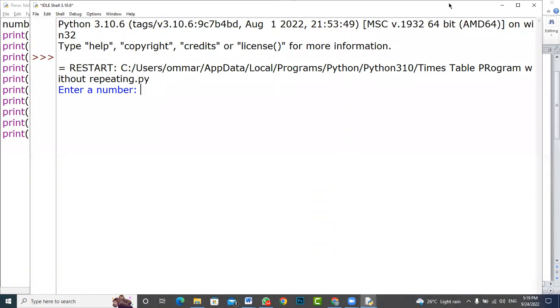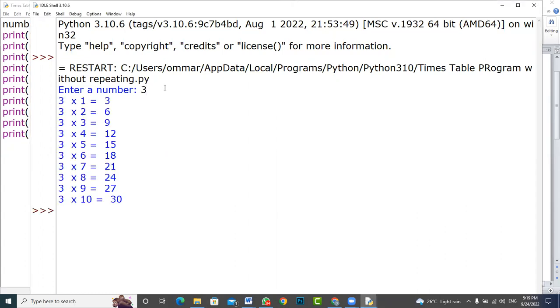Just tell me any number that is in your mind. I would like that if Khadija, can you tell me some number that is in your mind? Any number that's in your mind. 3. What, 3? Yes. Okay. So is the table for 3 fine? Yes, sir. Read it very carefully. Is that fine? That's fine. Okay. So now